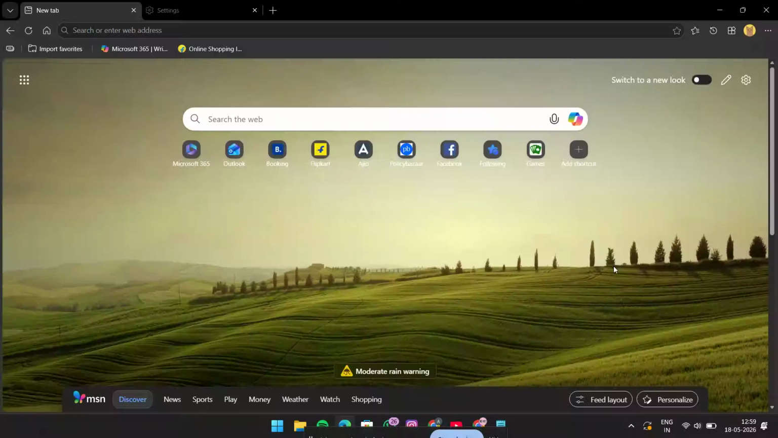If you want to turn on the weather card in Microsoft Edge, you're in the right place. In this quick tutorial, I'll show you the exact steps to enable it so you can see the weather right on your Edge homepage. This is a simple change, but it can make your new tab page much more useful